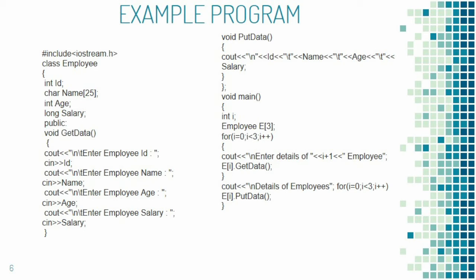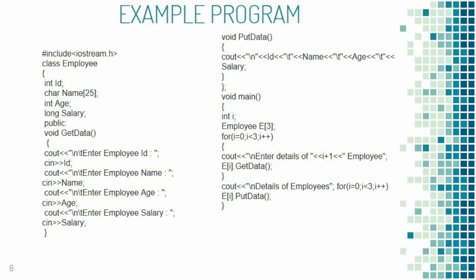Inside the for loop I have included the statement ei.putData. So by seeing this, the compiler jumps to the putData member function and executes the statements included inside it. In that putData member function, only the output statement is included. So it will display the ID, name, age and salary of the employee, and again it returns to the for loop. i gets incremented, it checks the condition, and again the putData member function is called